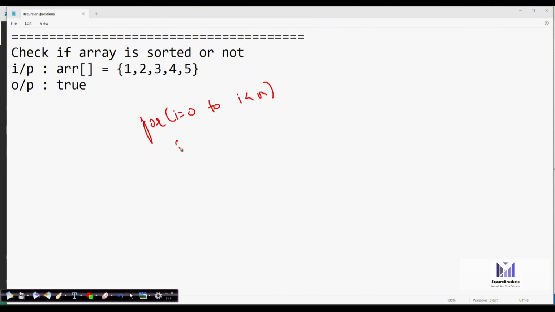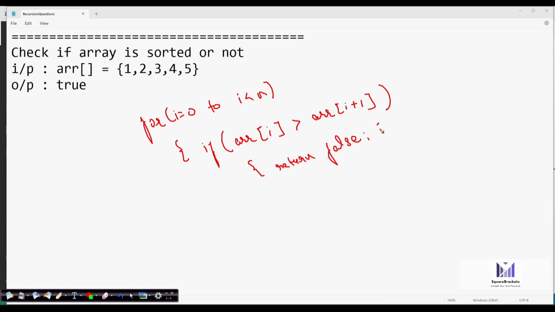Inside this, we write an if condition: if array of i is greater than array of i plus 1, it means the array is not sorted, so we can immediately return false. This is the for loop version.